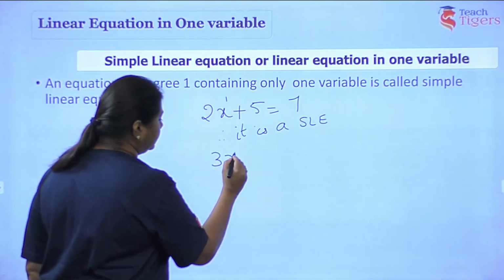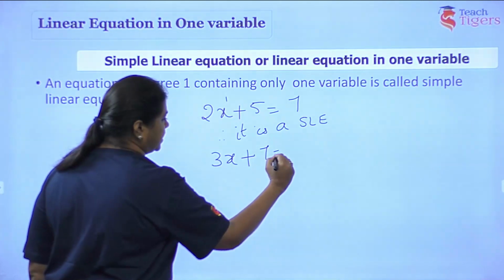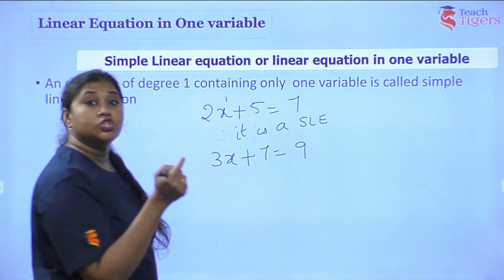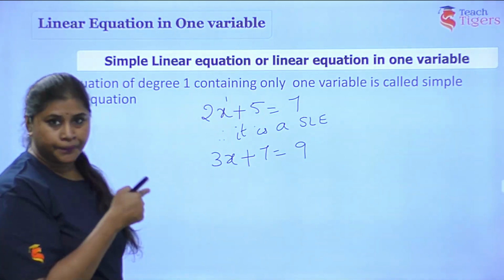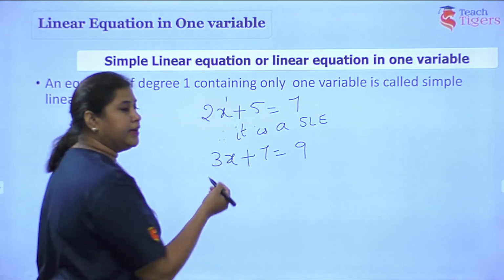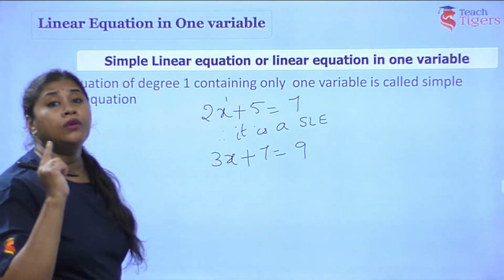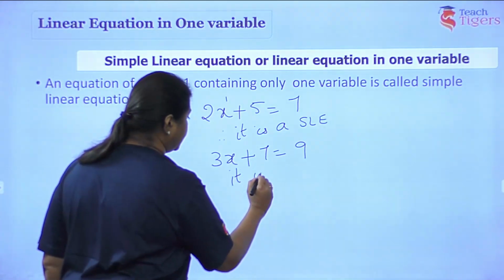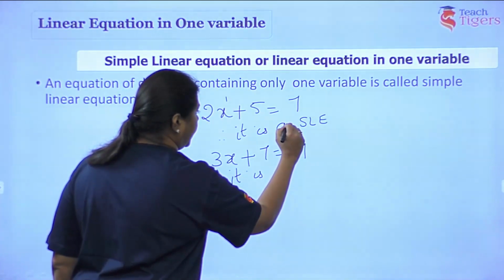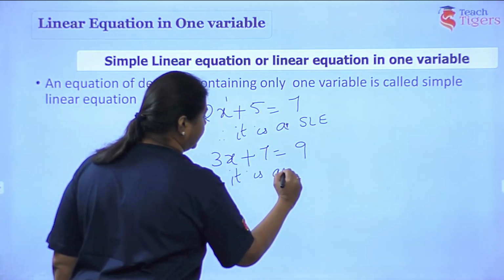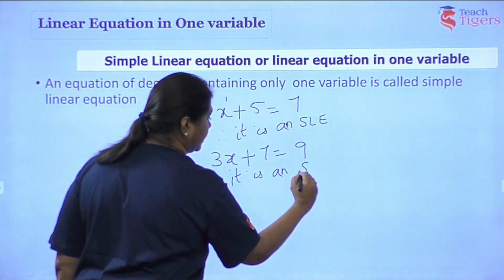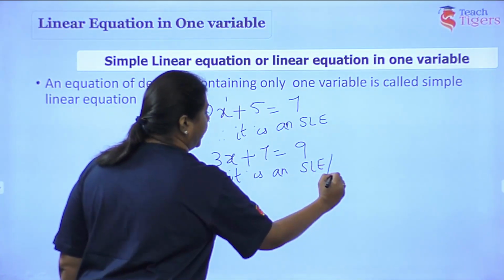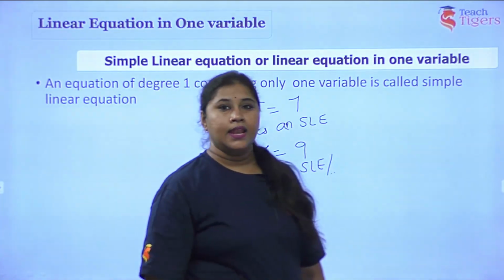One more example. 3x plus 7 is equals to 9. Okay, this is also a SLE, right? Because degree is 1 and the variable involved is only 1, that is x. It is an SLE, yeah, that's right. Next,